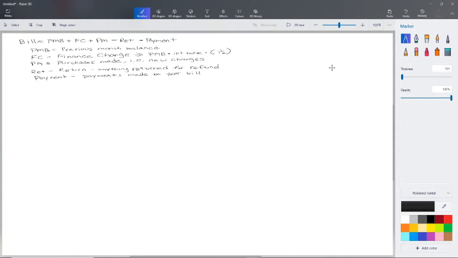Okay, so for part A here, what do we know? Well, we know that the PMB, the previous month balance, was $600. So let's get that down here. We also know that the interest rate is 18% or 0.18 for us. That's going to make a play here. And we also know that we purchased ski boots. So PM, if you will. Ski boots is on there for $130. Any other purchases made? Nope. And we did send in a payment